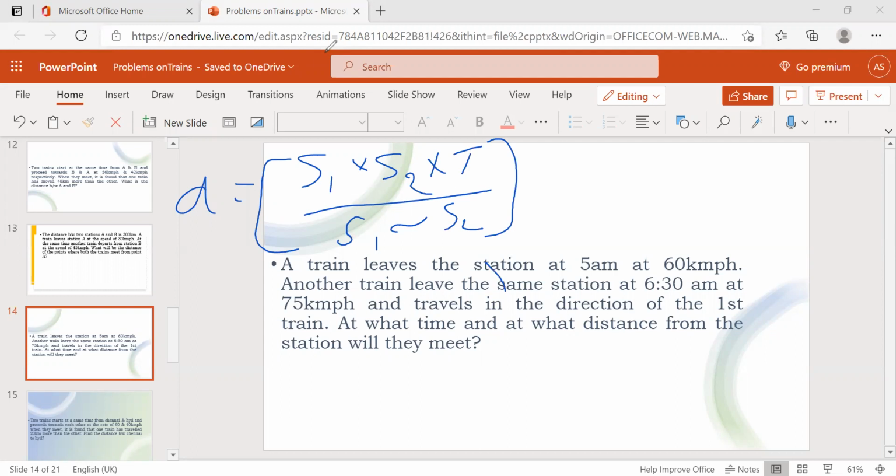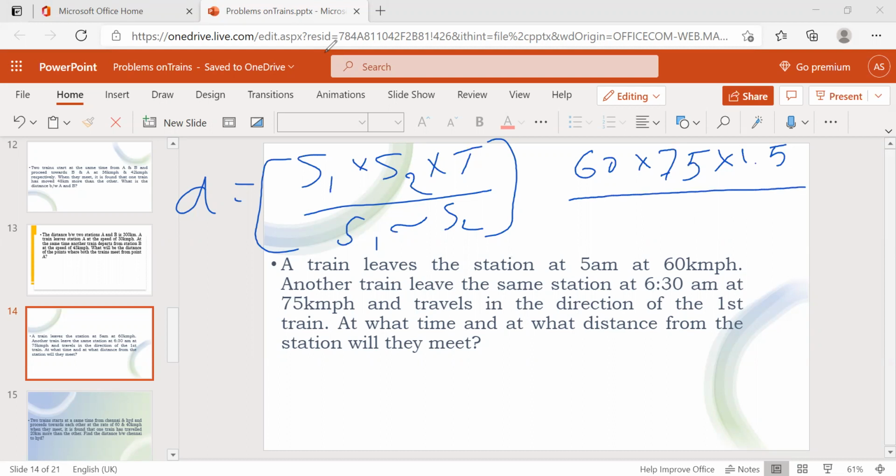What is S1? 60 kilometers. And what's S2? 75 kilometers. Into what's T? T is the difference of the time. One started at 5 a.m., the other at 6:30 a.m. It's nothing but a 1.5 hour difference. So 1.5 hours, by